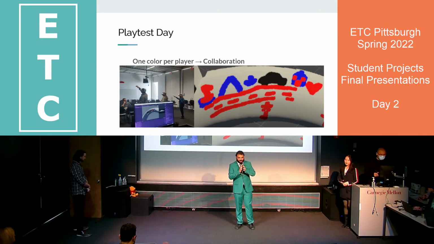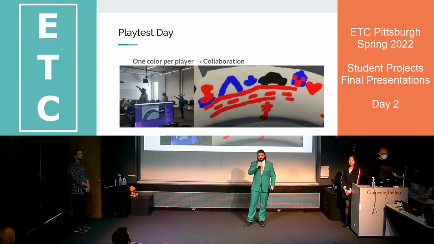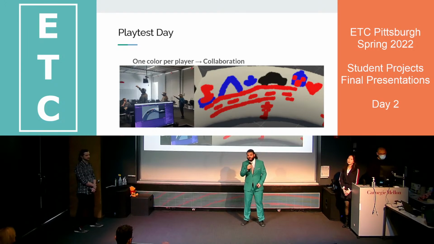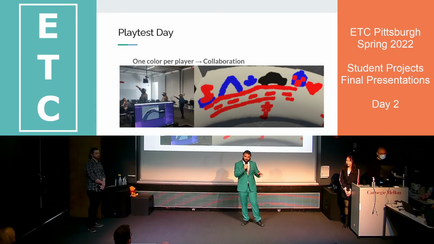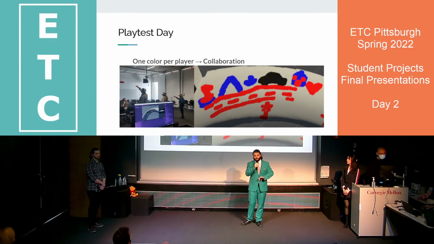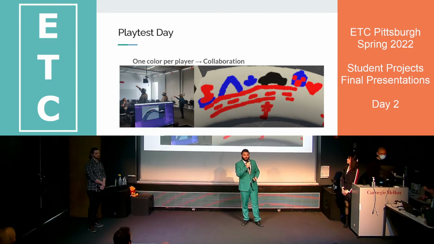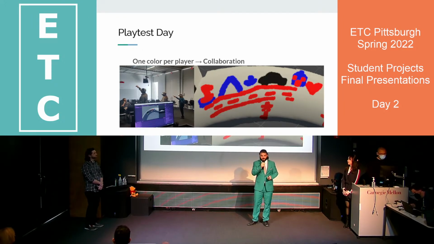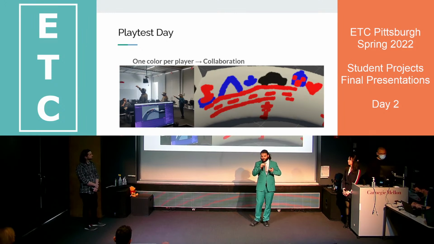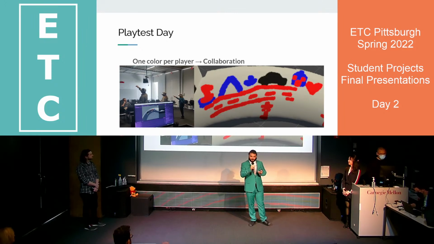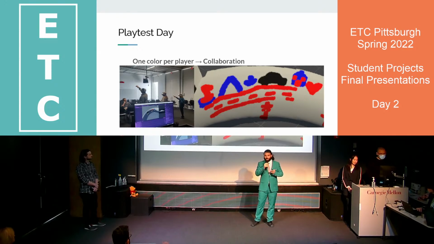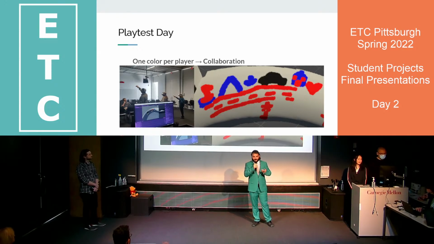So during our playtest day, we showed our guests the painting program and the portal program. So we ran the portal in the morning and the painting in the afternoon. And one of the unique things we found during the portal demo is that people really enjoyed walking through this portal that was in front of them. But we got more valuable feedback out of the painting demo in the afternoon.